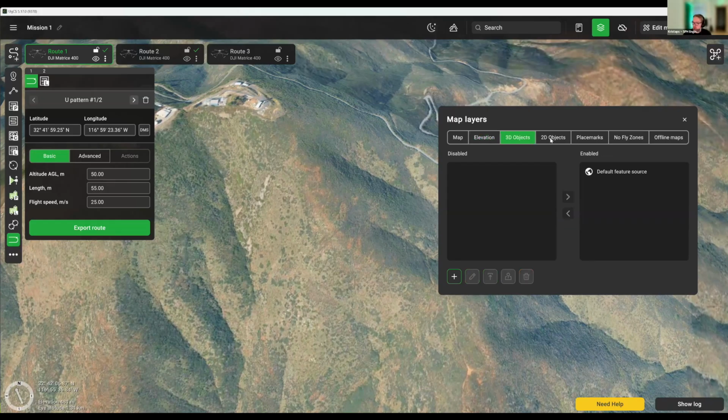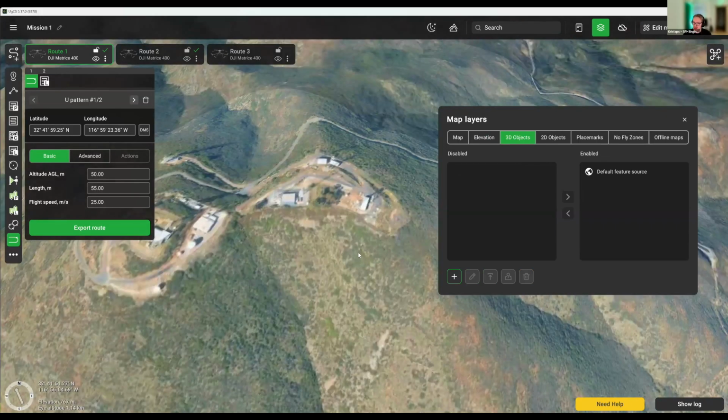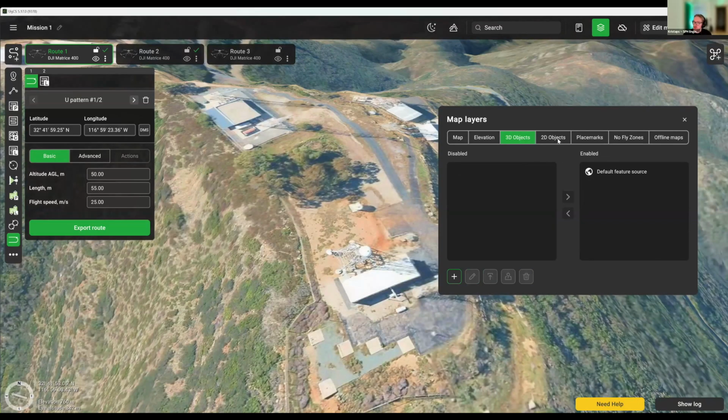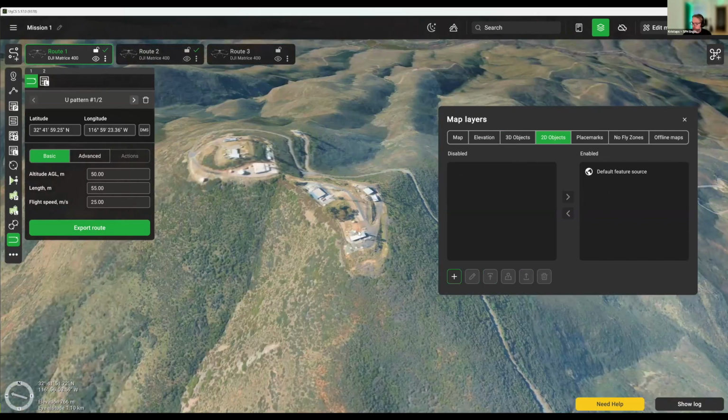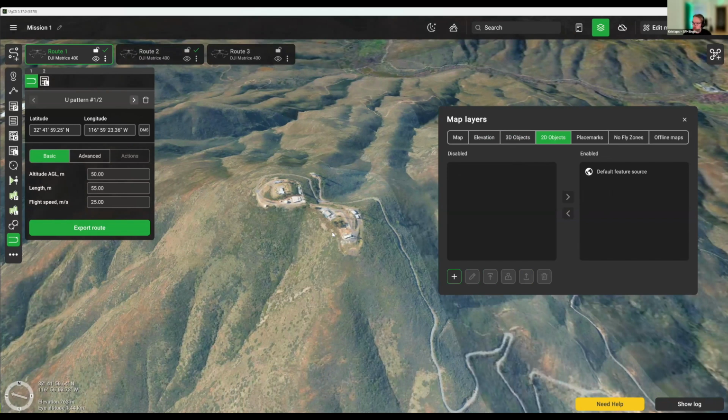So you have the 3D objects here. That's for any buildings that you want to import. Although, yeah, building models actually are not really used that commonly, since those are the KMZ models. Now, next is 2D objects. So here you can import KML files. This is useful if you are, for instance, doing power line scans with LiDAR. Then if you have KML locations of these power line towers or even the lines themselves, then you can also